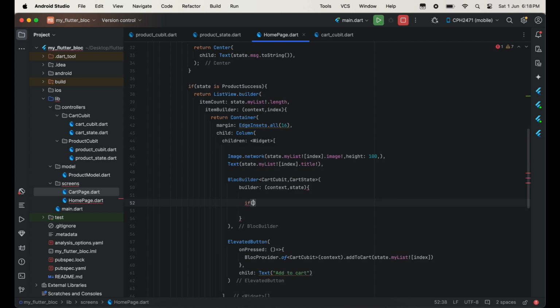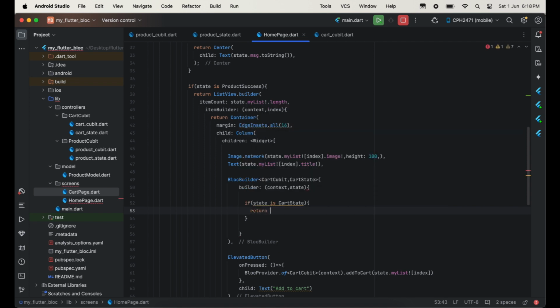Then here we will check if state is CartState, then we will return